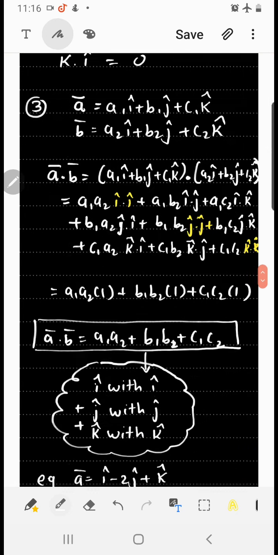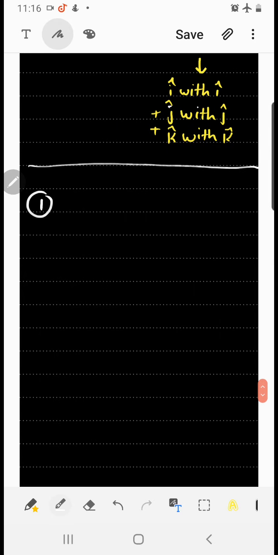So let's start. Now when we talk of dot product, there are a few results which have to be in my mind. If you know those results, you'll be able to do any sums of the dot product. So let's start with the first result. Now they say dot product is commutative. Now when I say commutative, what I mean is a bar dot b bar and b bar dot a bar.